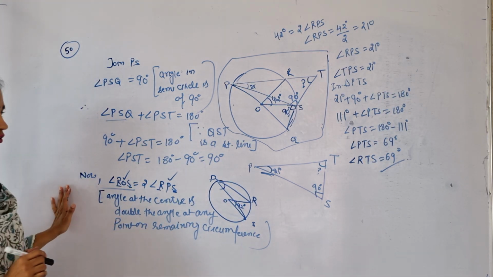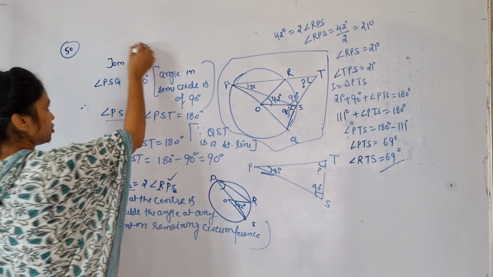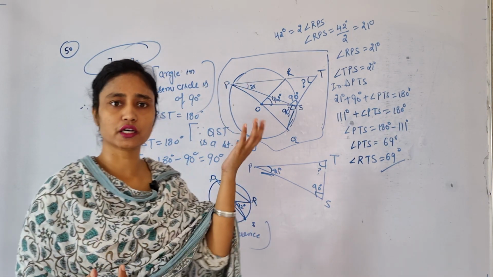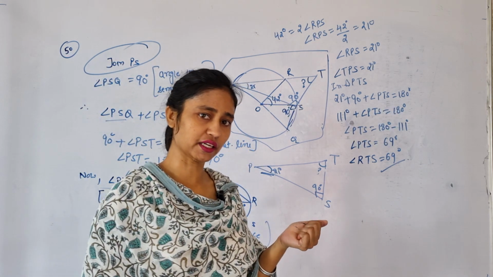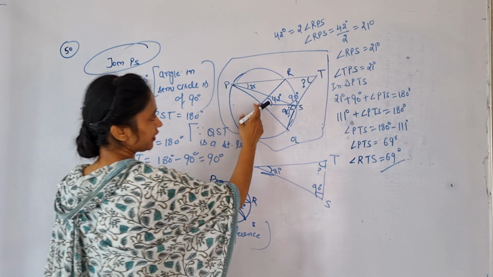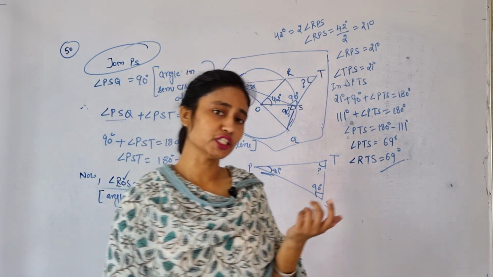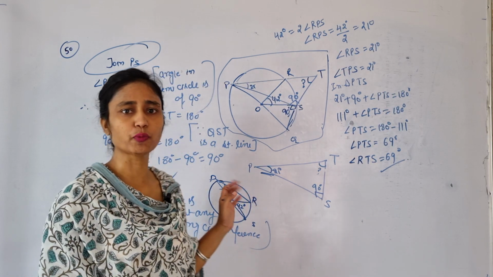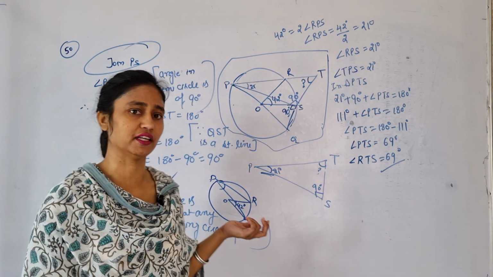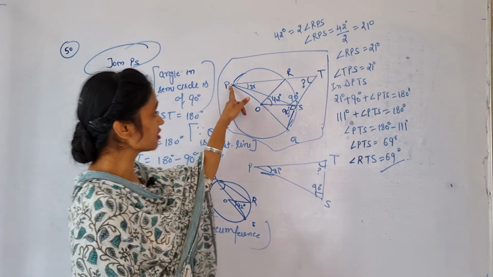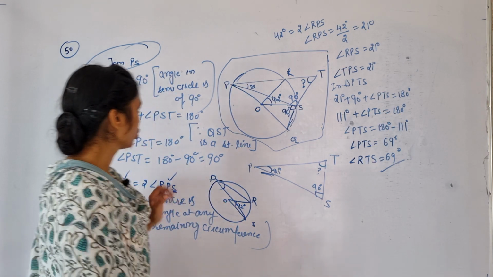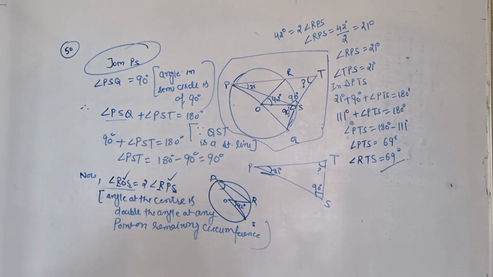Hope this sum is clear to you. Okay, the purpose of joining the line is very much clear. If diameter is given, means we can use the angle of the semicircle is 90 degree. If angle at the center is given, second, which condition we can use? Angle at the center and the relationship between angle at any point on the remaining circumference of the circle. दोनों को यूज करने के लिए हमें ये कंस्ट्रक्शन करनी ही पड़नी थी, join P and S. Okay, hope this sum is clear to you. See the next one.